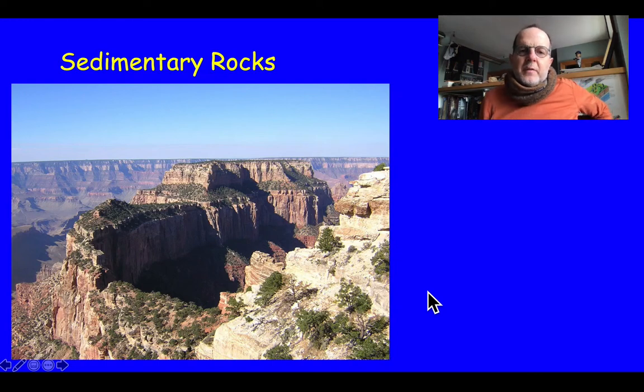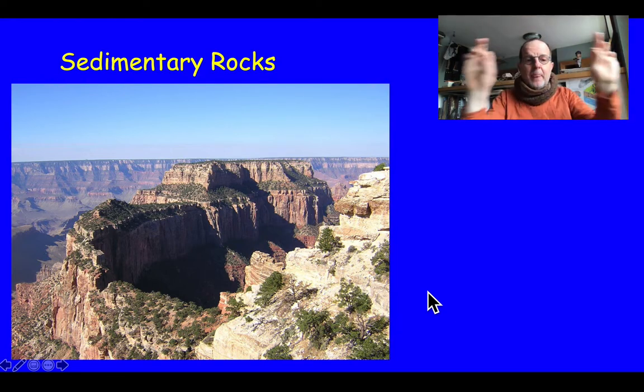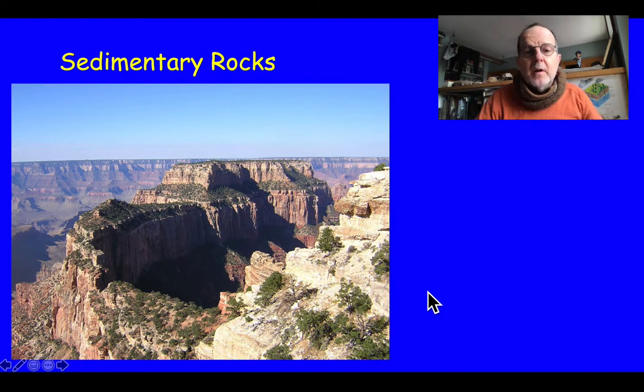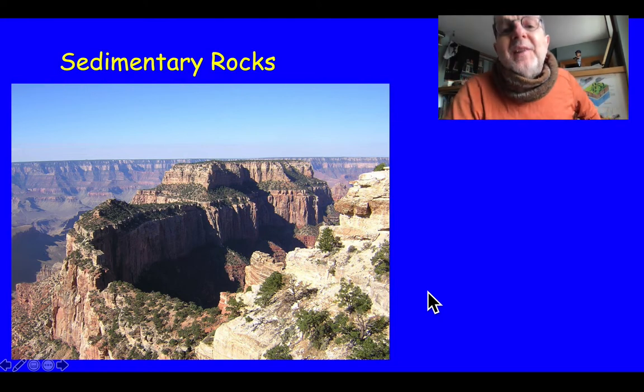We've finished igneous rocks, and we need to begin now with sedimentary rocks. In this photograph, you see a picture of the Grand Canyon, a famous location in the United States for beautifully horizontally bedded sedimentary rock, which has been cut through over time and eroded away by the present Colorado River, and it exposes the horizontal bedding of sedimentary rocks that were formed over a long period of time when sediment in